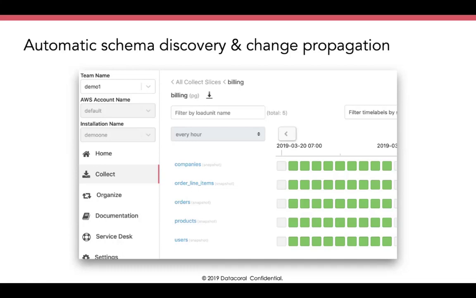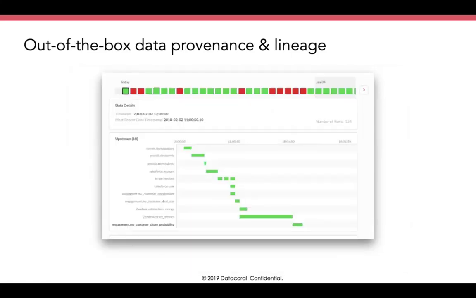Mm-hmm. So what we're describing here is the screen for any one of these tables, which is recognizing that it is actually flowing correctly, and regardless of the changes that might have been introduced, we're aware of those, and we'll even throw warnings if it's going to affect something downstream. That's correct. And you can see here as we map out both the sequencing of how a DAG gets run and how often elements in those microbatches are getting run, and which ones work and which ones don't, is a great example in this particular screen.